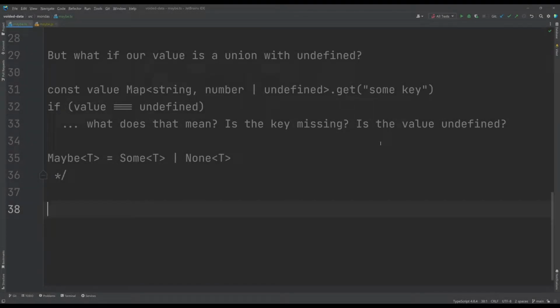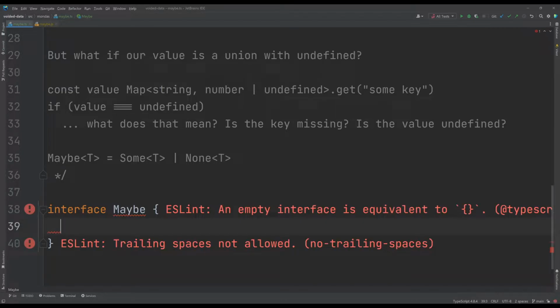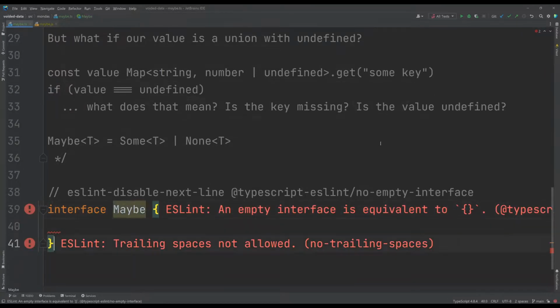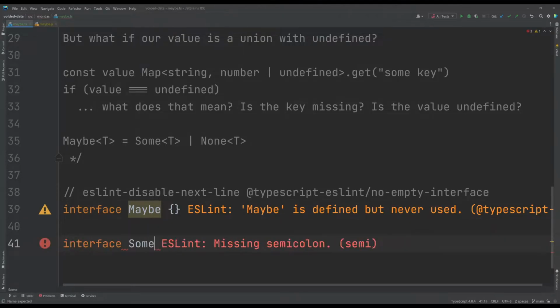Let's just start with a basic framework. We know we are going to have some interfaces. So we know we have some interface called maybe. We don't know if it has any properties yet. We know we have some type sum.